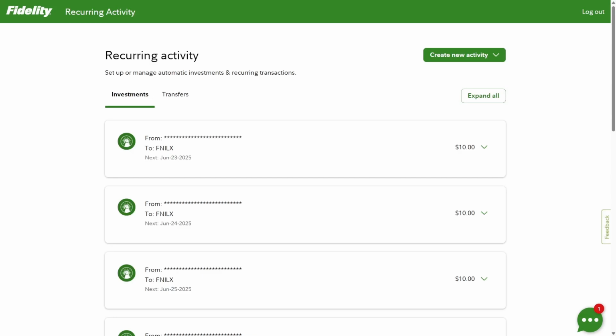Today I'm going to talk about how to set up recurring investments on the Fidelity platform. They make it very easy to do. And the cool thing about recurring investments is that you can build wealth passively. You take the time to set up these automations once, and then you essentially don't have to do anything pretty much ever again. And you're going to be building wealth on autopilot,